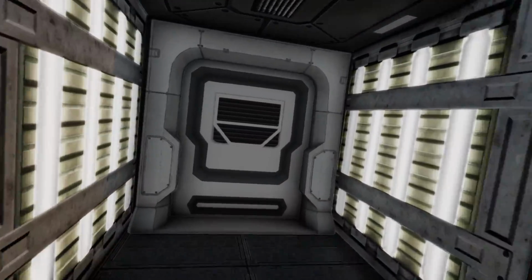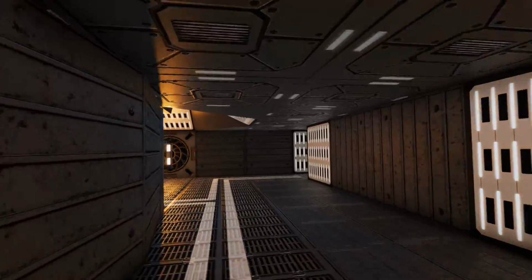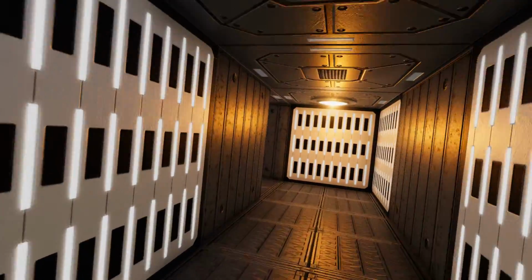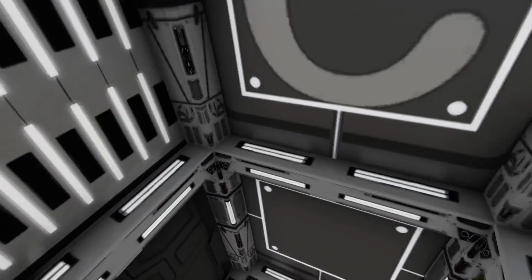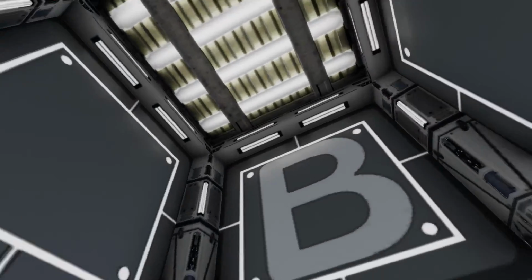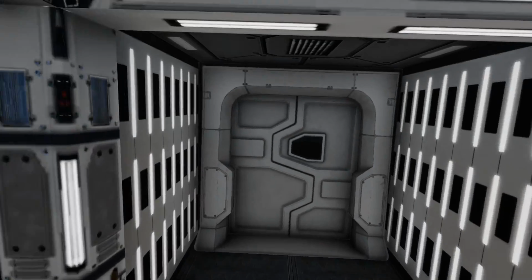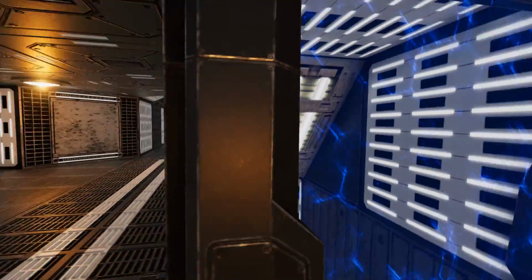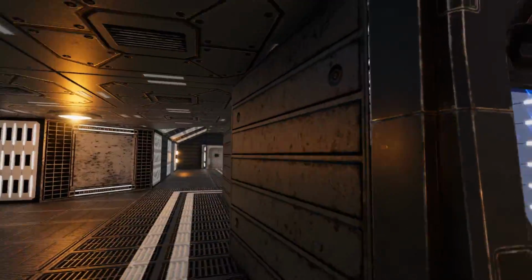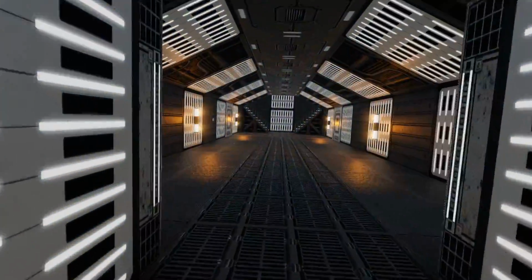Some of these ships are very impossible at times to understand and get to grips with, manoeuvring around them and whatever. But this is pretty good. Right, so this is an elevator, and this elevator can take us two ways. It can take us up or down. We'll stay down for now, and we'll pass back through here, and then we've got another access hatch there to wherever we want to go,